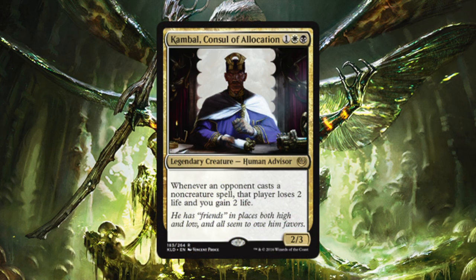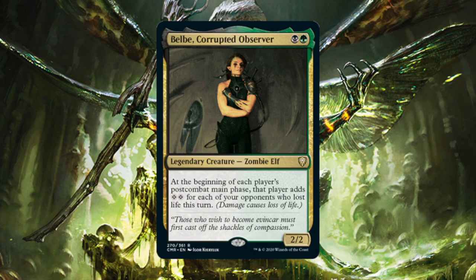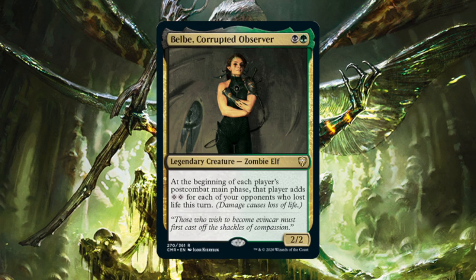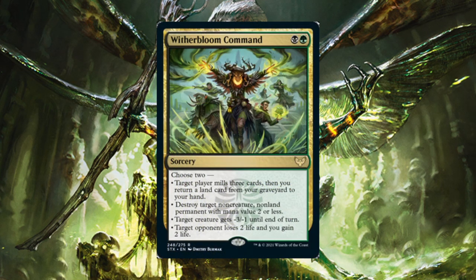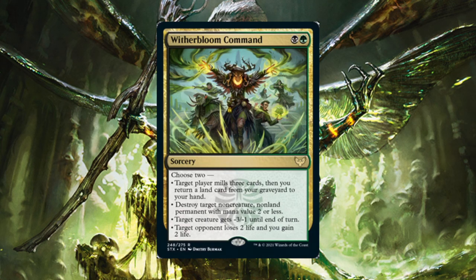Abzan Life Gain does exist, and Belbe, Corrupted Observer synergizes with this mode. I do wish it said each opponent loses 2 life, because that wouldn't change anything in 1v1, and it would make it that much more playable in Commander, but I can't complain too much because I really do love this card. Overall, variety makes almost any card better, and this card is good because it not only has variety, but